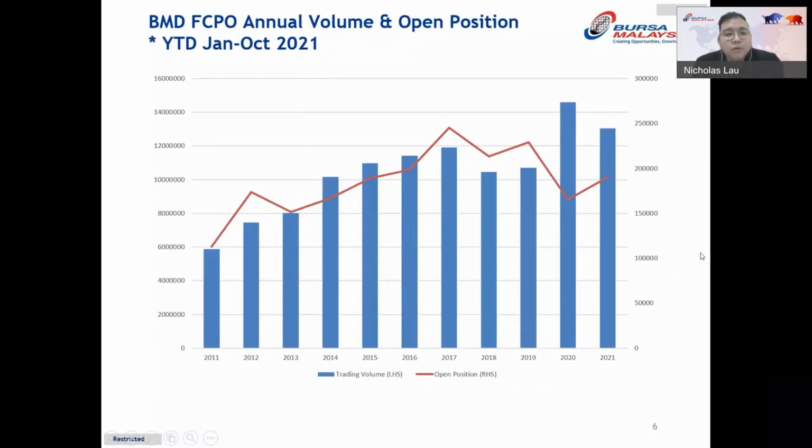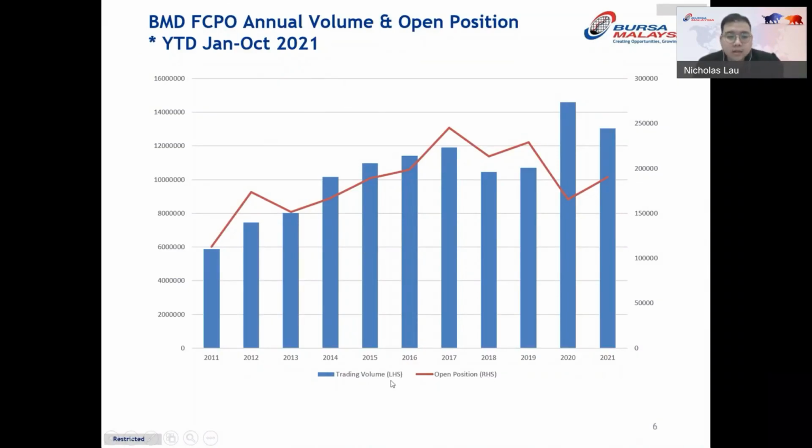Okay, this graph shows our FCPO annual volume and open position. So open position meaning how many contracts have not been closed out. So this graph illustrates the numbers from January up to October 2021 this year. So we can see that